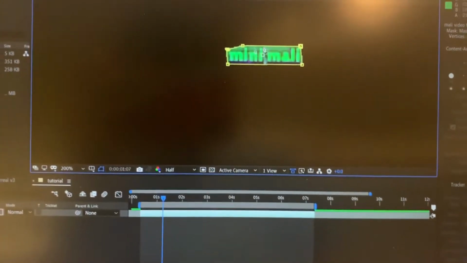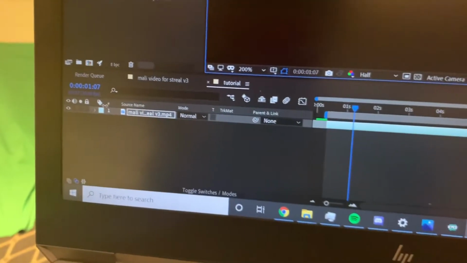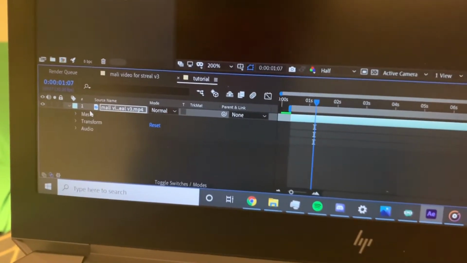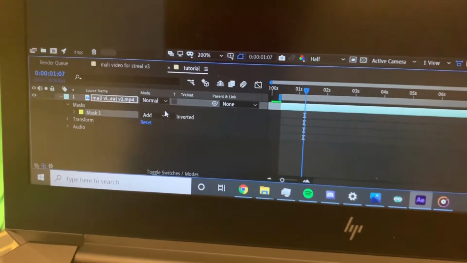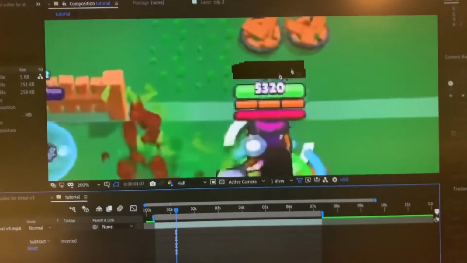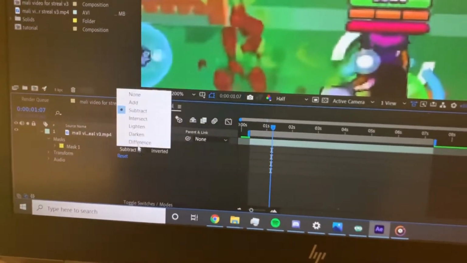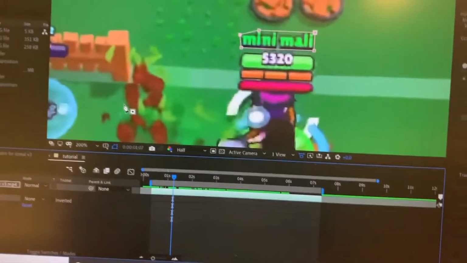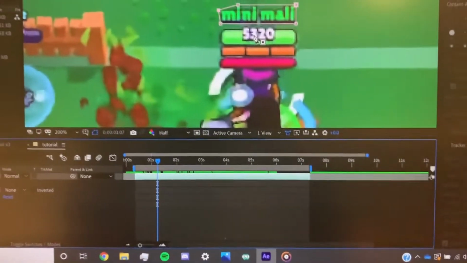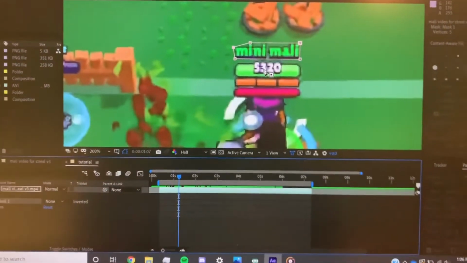So when you finish the mask, you'll want to go over here, click on the drop down, and set it to subtract. That's what you want to do when you're finished, but for now we're going to put it on none. So now we have a mask on Maui's name, and what we're going to want to do next is track